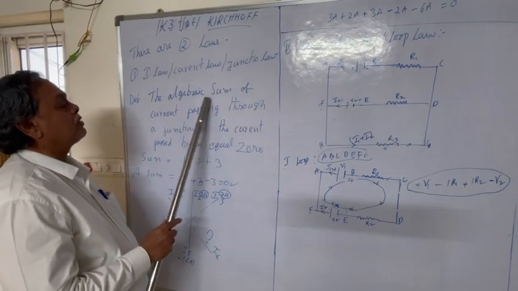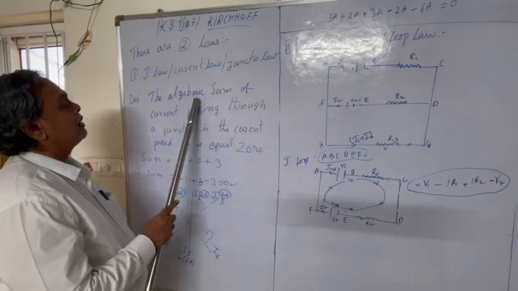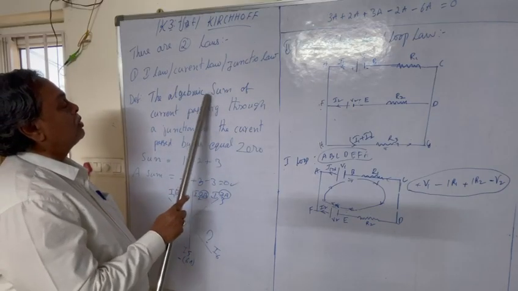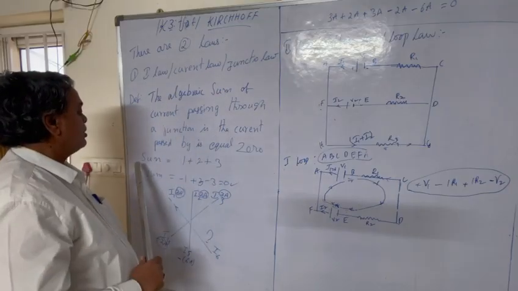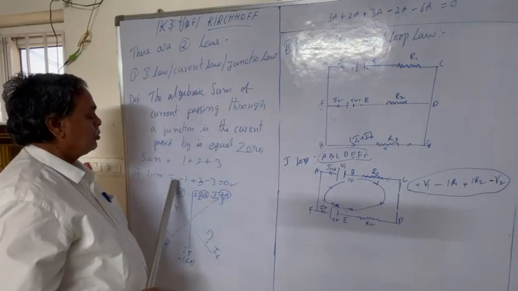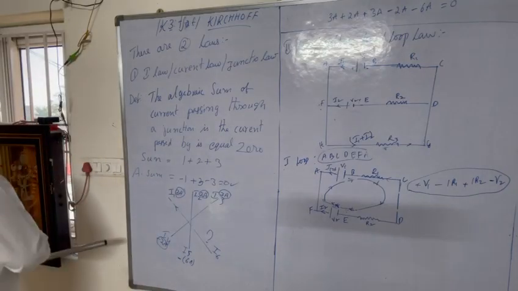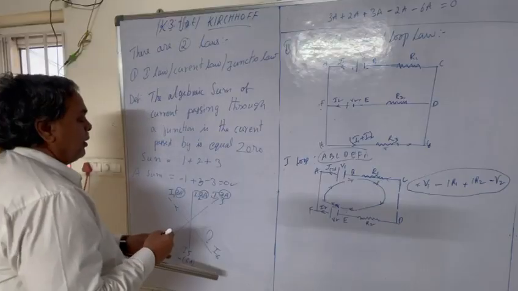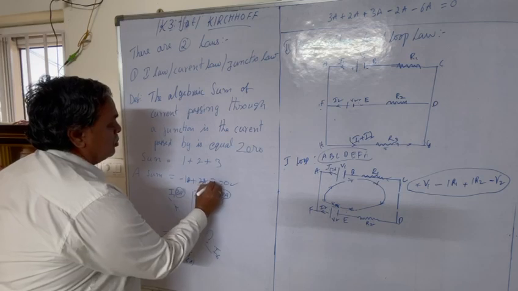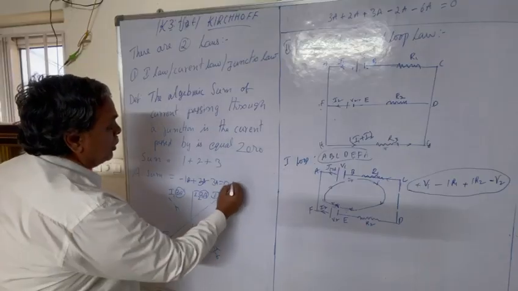Algebraic sum means the sum with plus and minus signs along with variables. Here our general sum is 1 plus 2 plus 3. Here the algebraic sum is -1 ampere, -1 ampere, -1 ampere and +1 ampere, and here the variable is A. You will have to know this: the algebraic sum of the variables is compared with 0.